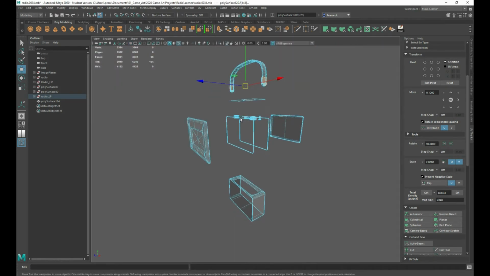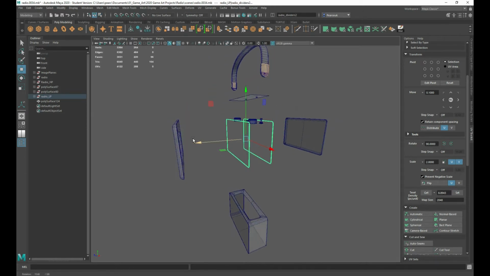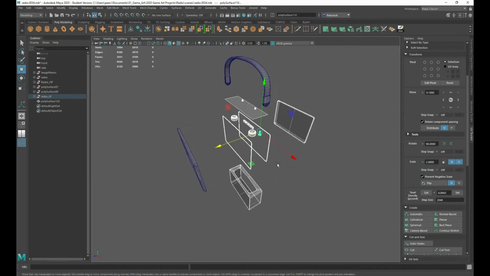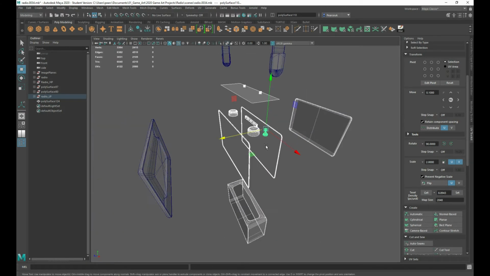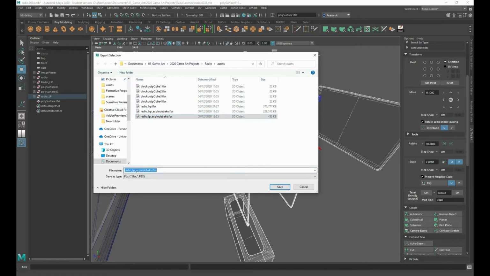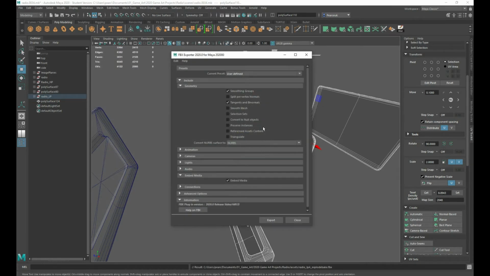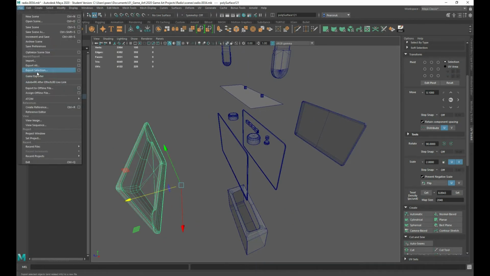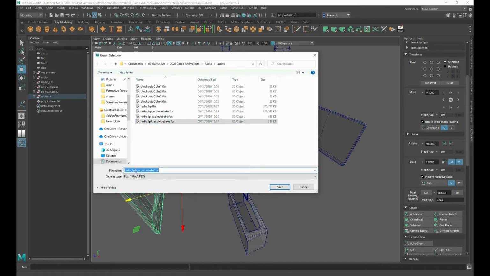And then I'm going to come in here, and then I'm going to take out just these. So just these bits, because I can get away with a much smaller frame on those. So I will then come to File, Export Selection, and then I'll do low poly, radio low poly A, and then this. B,